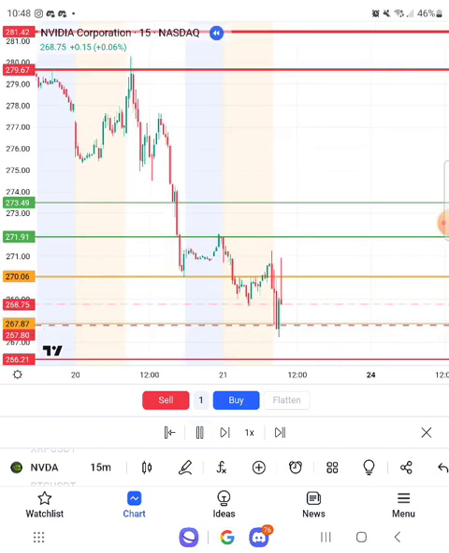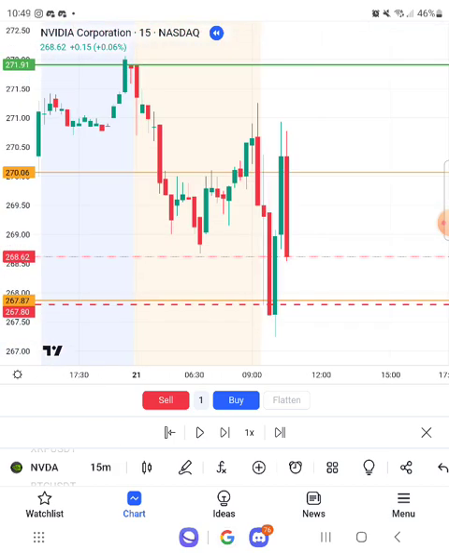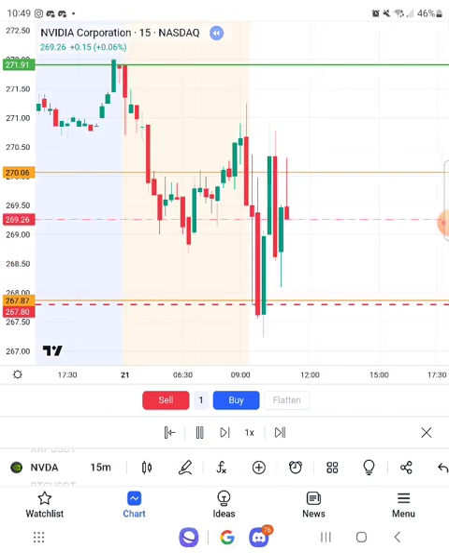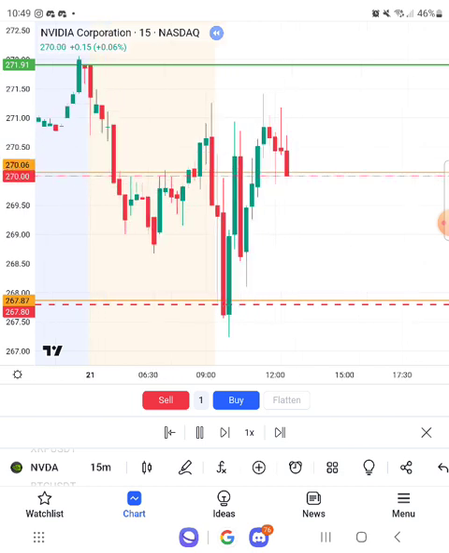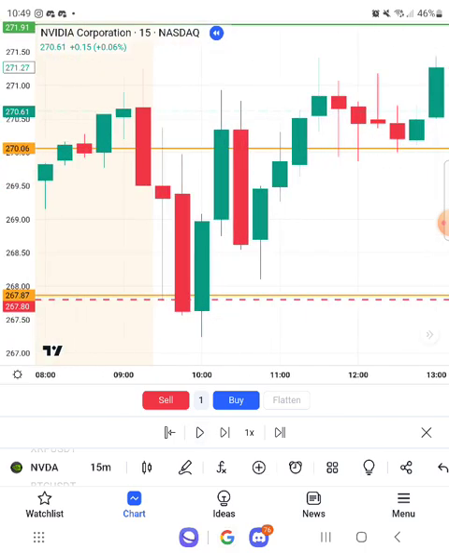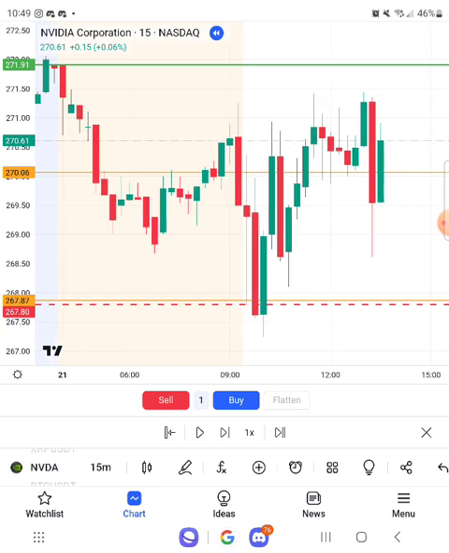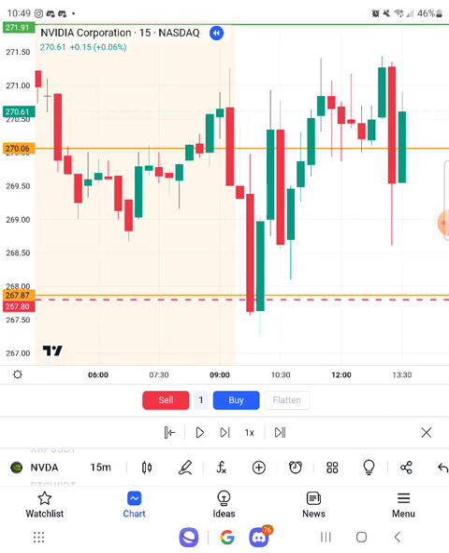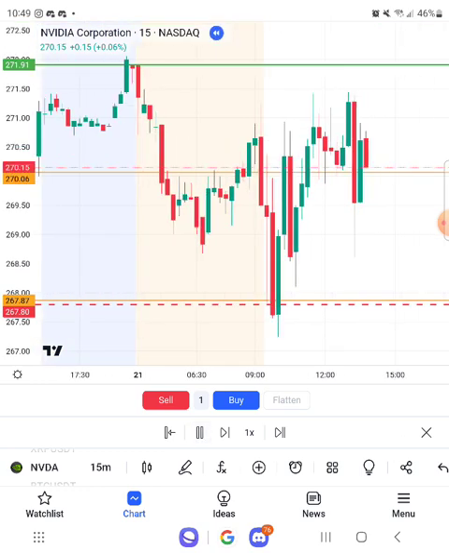See, it goes down, and then it reverses. See, the price came down here until 267, and then it reversed and went up. See? That's what we call a change of character. That's for the price to go down and then reverse and go up. And you see there's a wick that keeps coming here. And as the price goes up, you can continue to mark your zones.